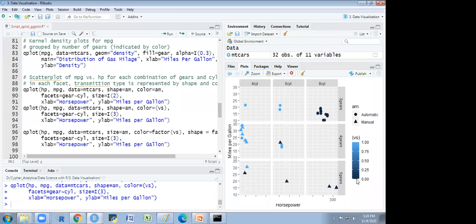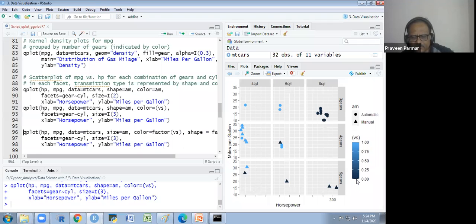So sir, basically factor implies what? Like it's a coloring of the things, factor. No, factor is a binary, basically 0 and 1. If we are not writing the factor there, it is numeric basically in the mtcars. All the variables by default are numeric. So numeric means the value may range between 0 and 1. And ggplot does not know the value will range from 0 and 1 if it is numeric. So it will give us the whole 0 to 1 range, dark to light. But when I mention that there are only 2 values, 0 and 1, it means I have to mention the factor there.